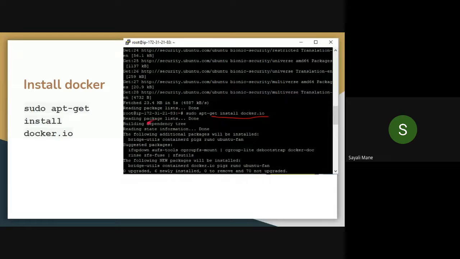After that, you will get reading package list, building dependency tree. You will get a status of it, and then Docker will get installed in your Ubuntu instance. Once you are finished with installing, please take a screenshot of it and highlight this command, install Docker, and let me know once you're finished.